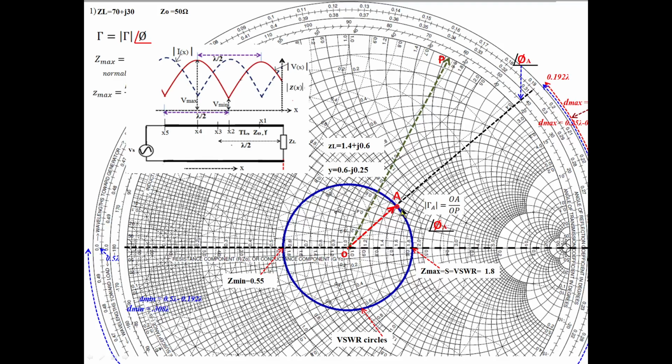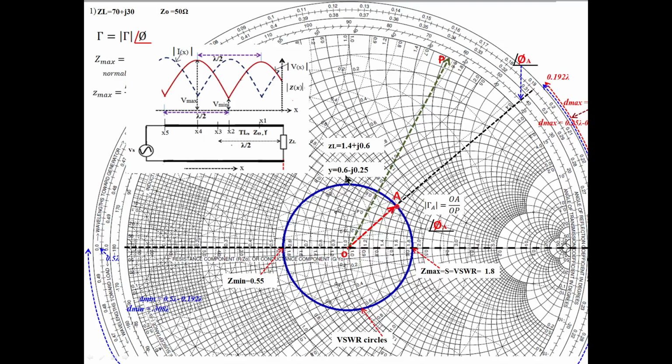That means moving on the VSWR circle is nothing but moving on the transmission line, like this transmission line. So all these values, Z maxima, Z minima, load, are all on the transmission line. You see ZL here and move like this. That is nothing but moving on a VSWR circle. We are coming across all possible impedance values, so all values of impedance will be there.